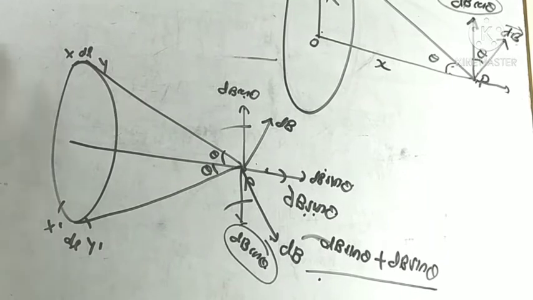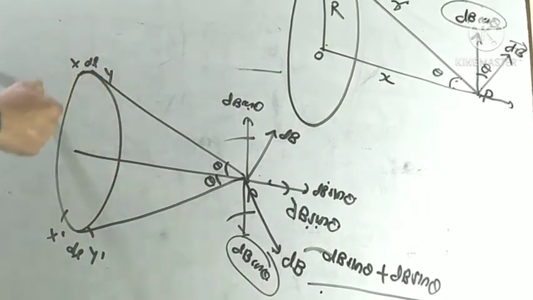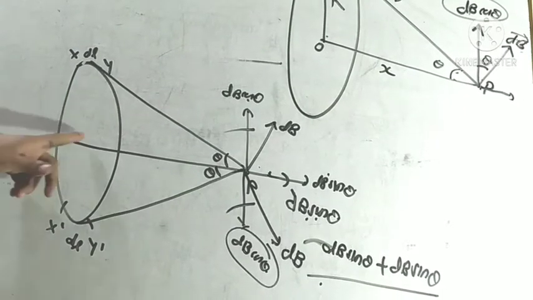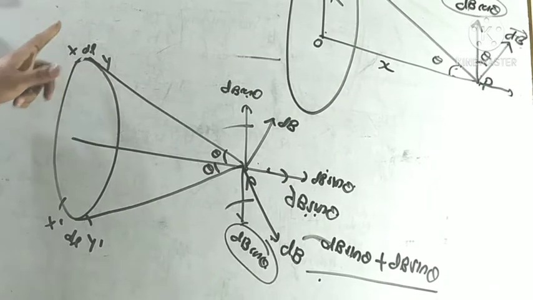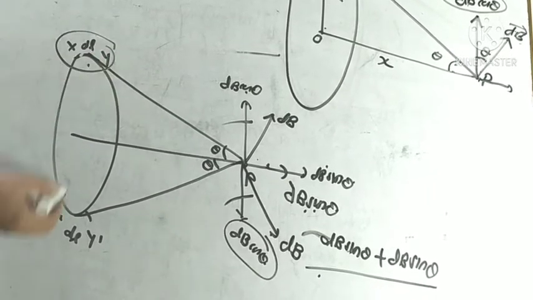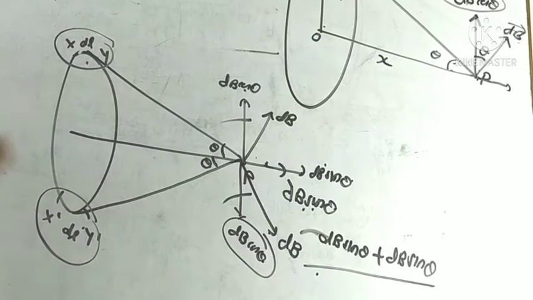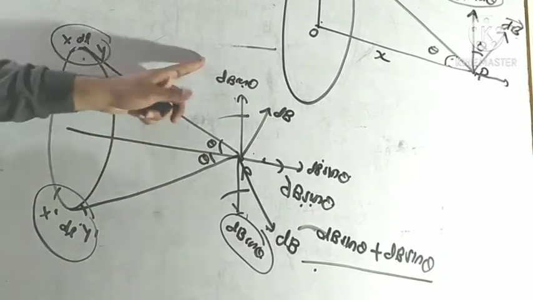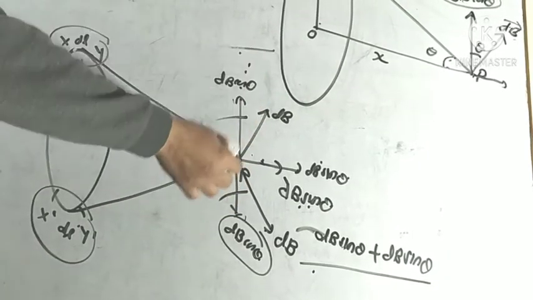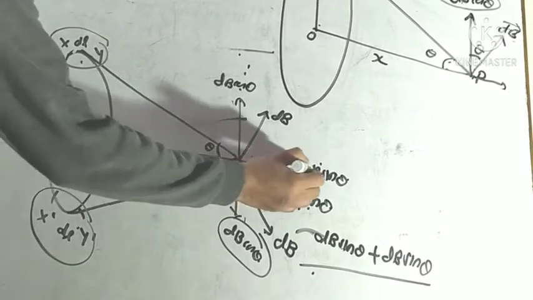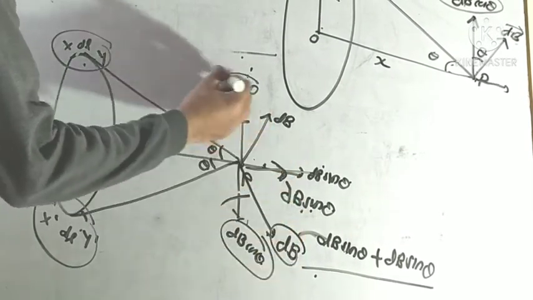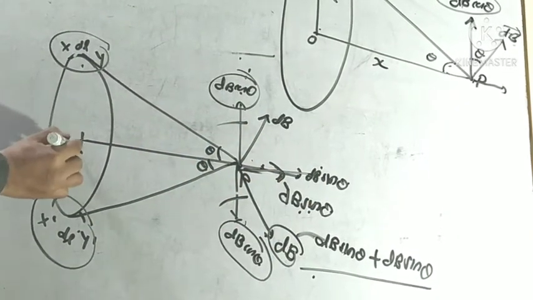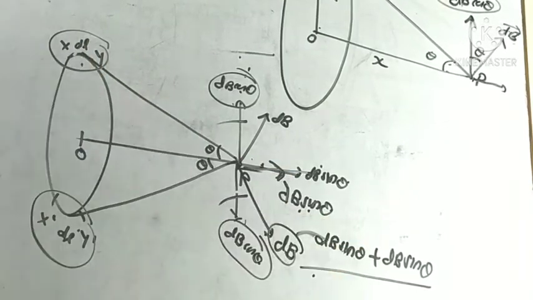So what we do here, I repeat again. As this coil is symmetrical about its axis, every element of length dl has another equal and opposite element on the circular loop. Here element xy has the equal and opposite element x'y'. The perpendicular components to the axis have the same magnitudes, so both cancel each other. The other component of the magnetic field, which works along the axis and away from the center of the circular loop, is added.